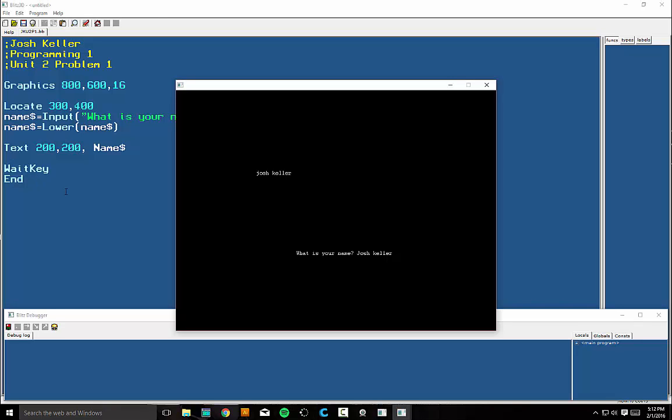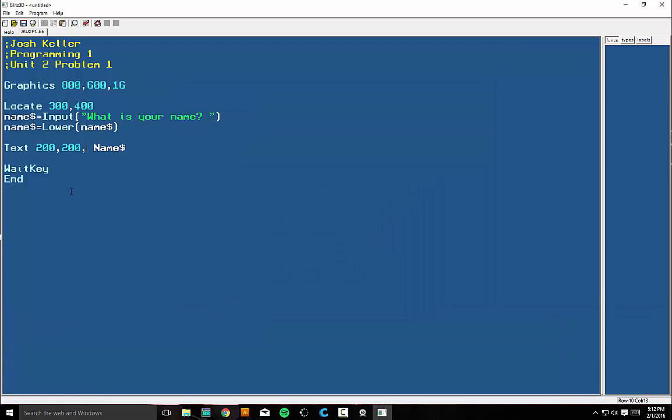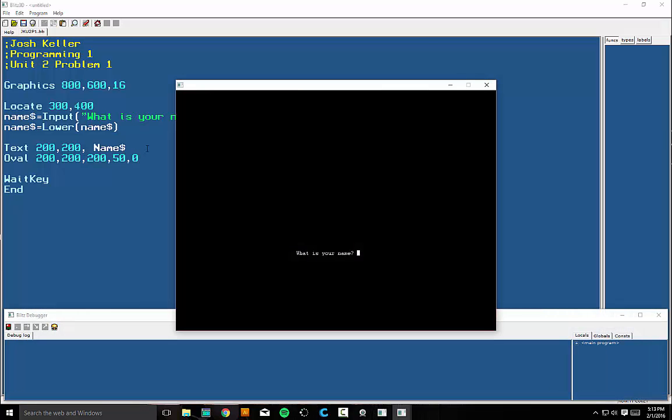Finally, there is one more command that we want to introduce in Unit 2, and that is going to be the oval command. Now, the oval command is going to work quite similar to the rectangle command in that we need to declare a start point and an end, and a width and height. If I was to want to put an oval around this text information here, you'll note that if I start at 200, 200, just as my text does, and let's give this a width of 200 and a height of 50, and make it hollow, that in doing so,